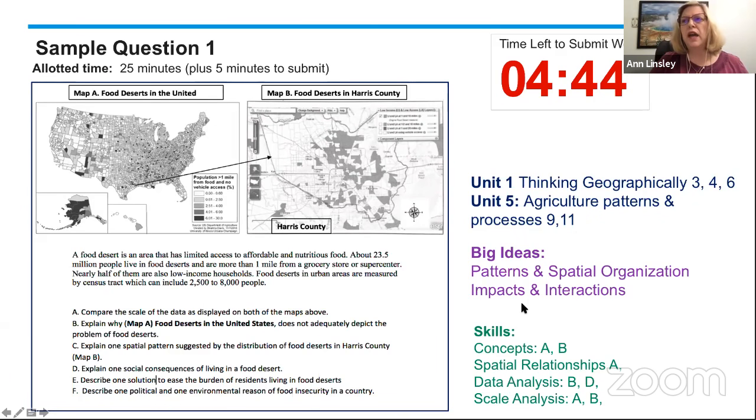In addition to that, the overarching ideas that happen throughout the entire course also are brought in. And we have 2 of those: consequence, looking at impacts, and then also spatial organization reflected by the patterns that we see in the 2 different maps. Additionally to that, we have 4 different levels of skills that are brought into just this one question. And so I bring this up because I am